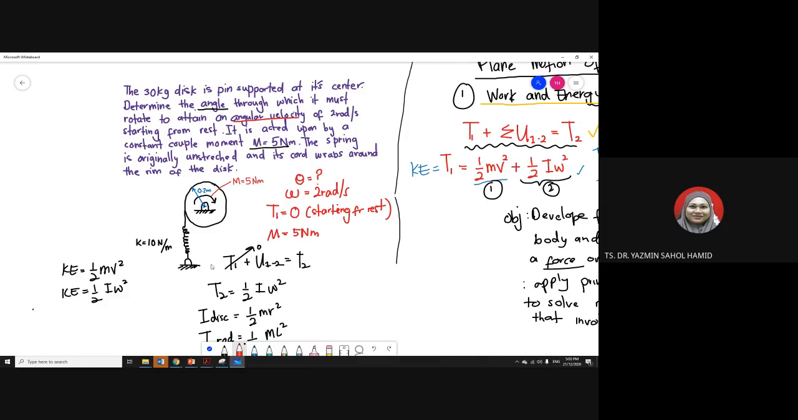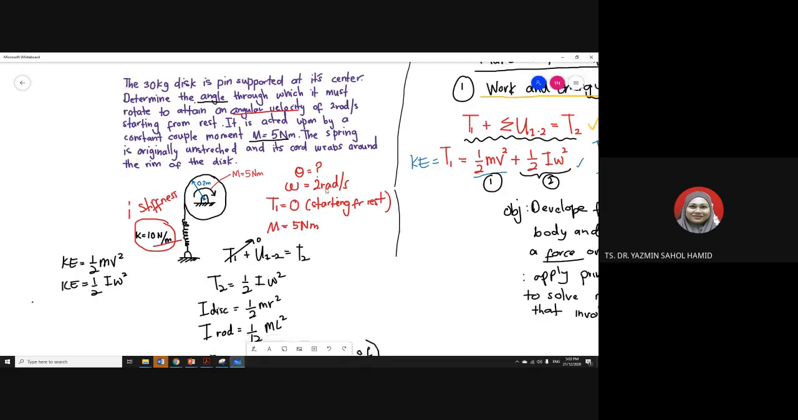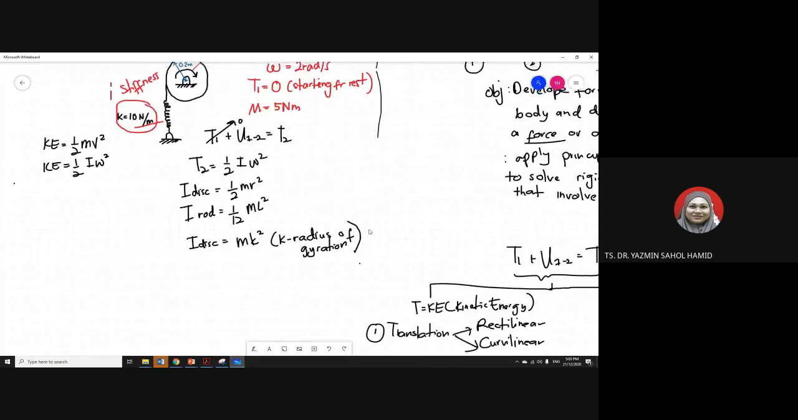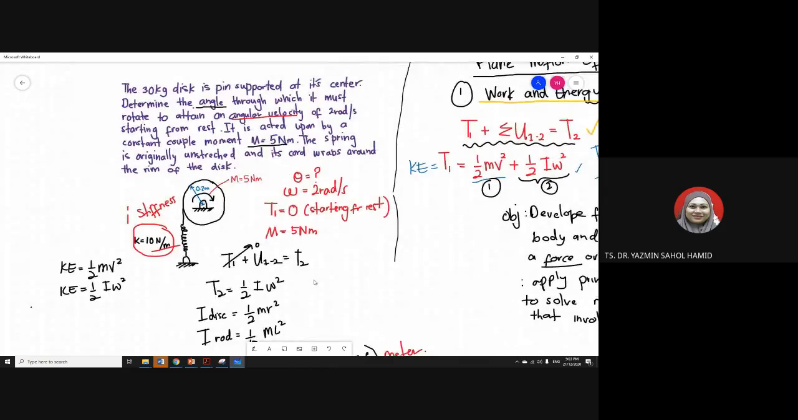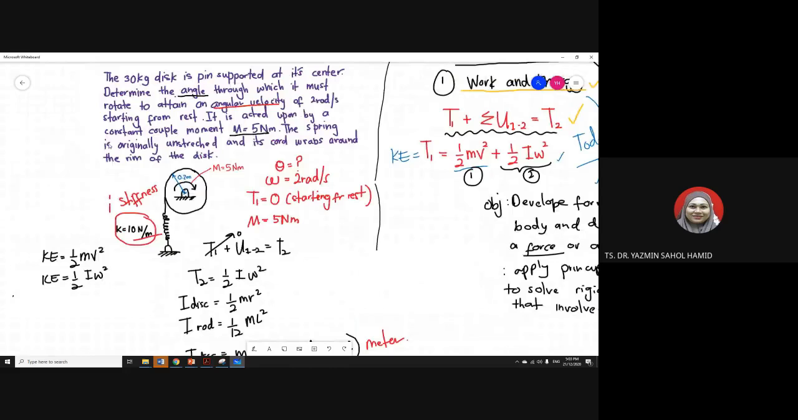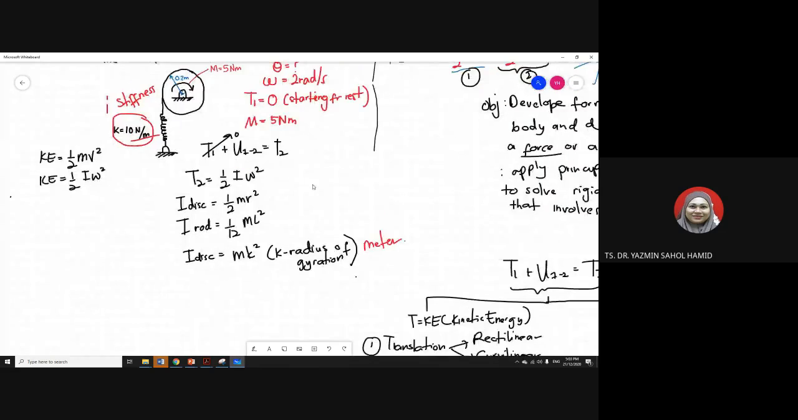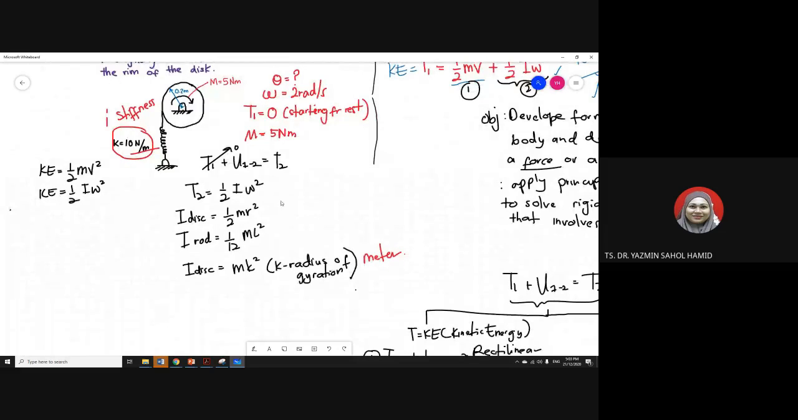K ni yang you nampak ni ialah stiffness. Okay, K stiffness unit dia Newton per meter. Tapi K radius of gyration unit dia meter. Simbol dia sama tapi lain unit. Okay, so dalam soalan ni dia tak bagi radius of gyration. Dia tak sebut pun radius of gyration berapa value. Dia tak sebut pun. So automatically bila dia tak sebut, you kena calculate I pakai formula first ni which is